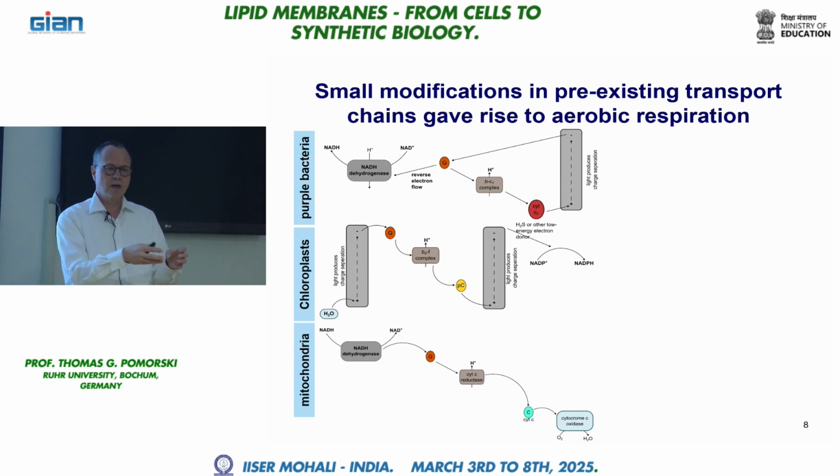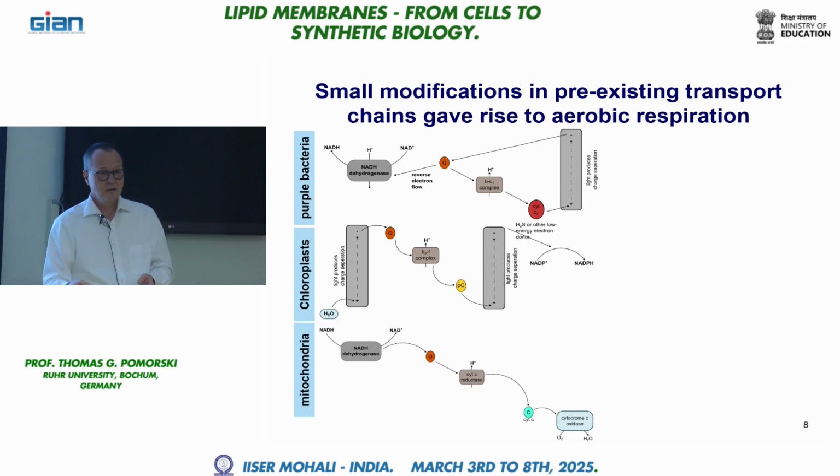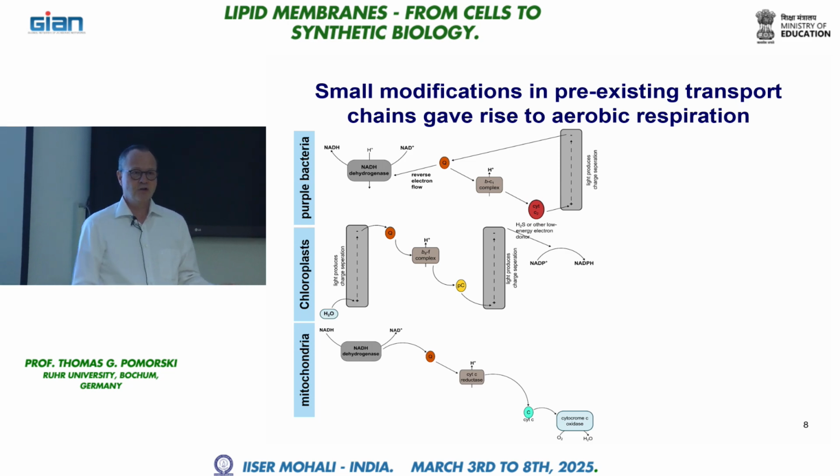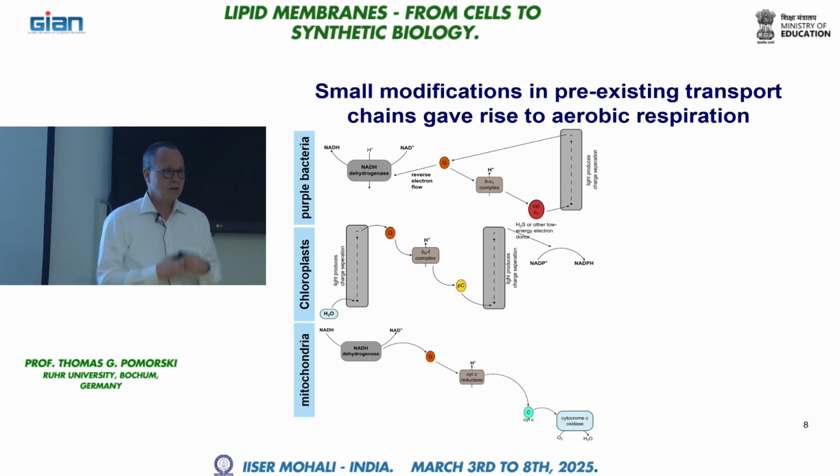Normally, when you do glycolysis, for instance, you still end up with an energy-rich substance. It's not completely broken down. You have, for instance, glucose, and you end up with pyruvate or lactate or ethanol, depending on the organism. It's still energy-rich. No? I mean, ethanol you can still burn, pyruvate you can still use. But if you can further oxidize it now with the help of oxygen, you get the maximum of energy. Actually, you almost burn it. You burn it in a cold way in the cells of our body, and you can get a lot of